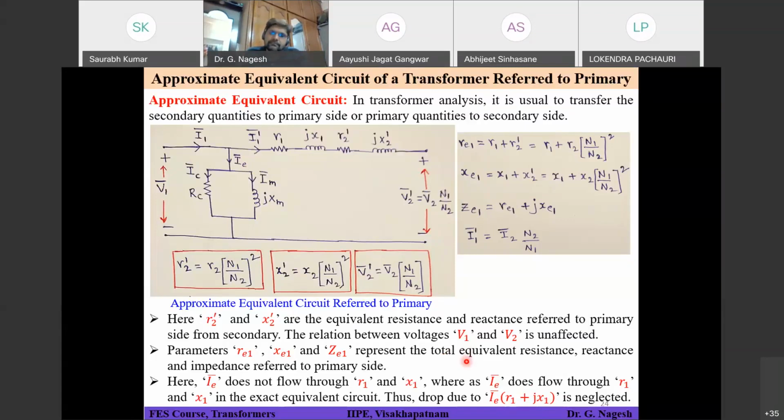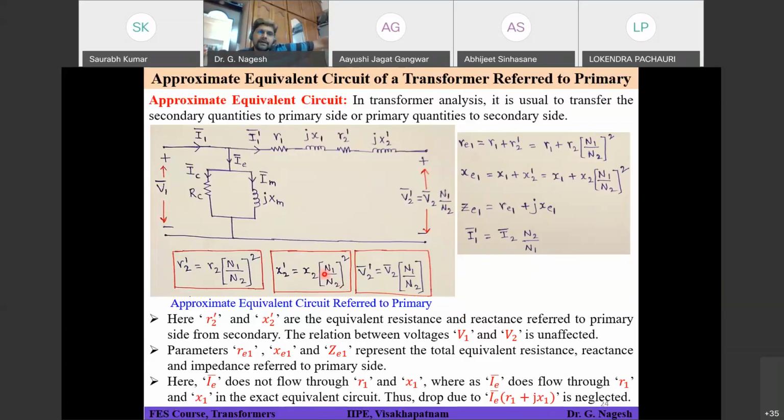It can be neglected, because by doing that change the circuit can be analyzed much more easily. Is it clear? So this is called the approximate equivalent circuit referred to primary. Got it? All the variables, their notation and the terminology for all these variables. If you know resistance, reactance and impedance terminology, that is enough. That's all. Hope you got it.